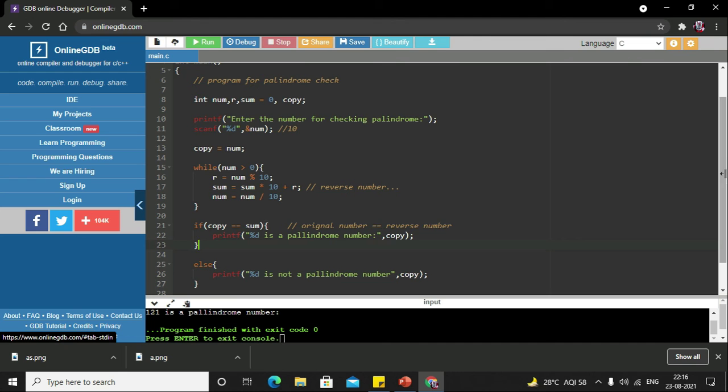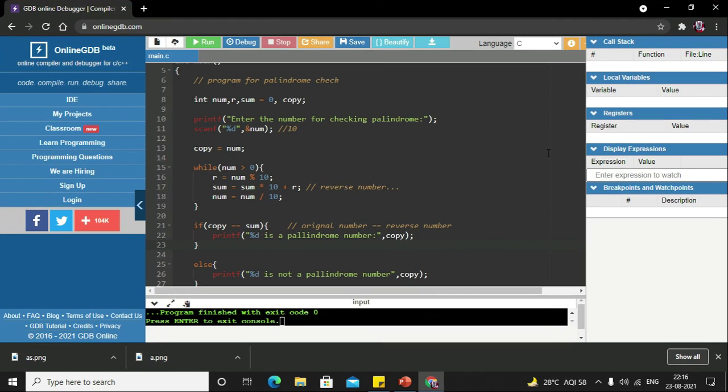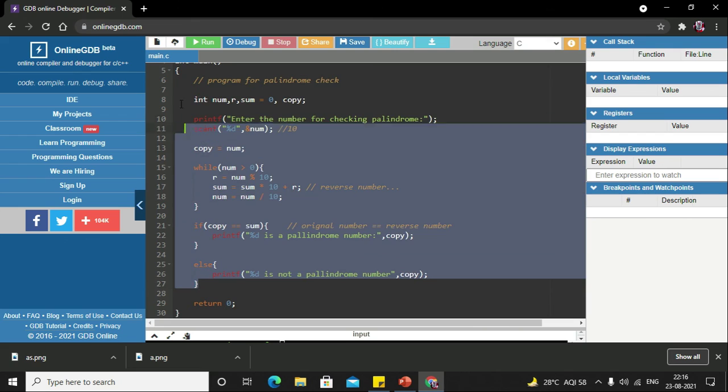So this was the basic logic, and I tried to sum up as fast as possible because I have already covered it in the previous tutorials. Okay, so I hope you understood. And if you want to take a screenshot or you want to write it, write this. This is the whole program. Just pause my video and you can write it.